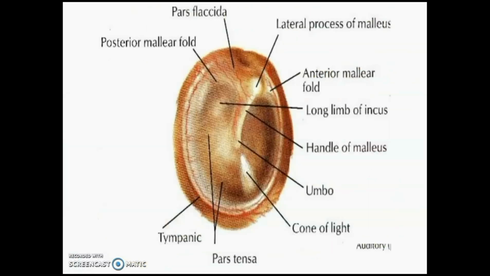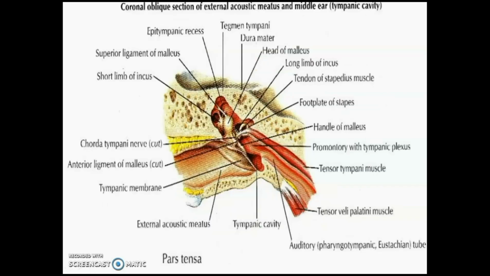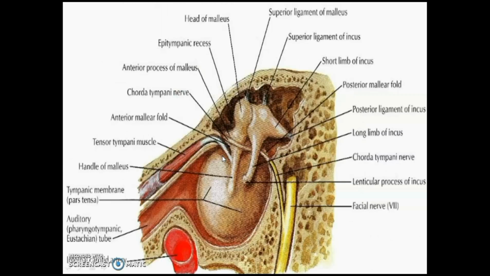So when you see here the tympanic membrane, it has 3 layers, it is trilaminar. It is one of the structures derived from all the 3 germ layers, ecto, endo and mesoderm. You can see there the anterior and posterior malleolar folds emanating from the handle of the malleus, and you can see the peripheral part there. The part between the 2 malleolar folds is called the pars flaccida, and the remaining portion is called the pars tensa. You can notice the oblique position of the tympanic membrane, the upper end is lateral, the lower end is medial, and the lower end makes a 40 degree angle with the floor of the external acoustic meatus. It is obliquely positioned as if it is catching the sound waves from the external acoustic meatus.